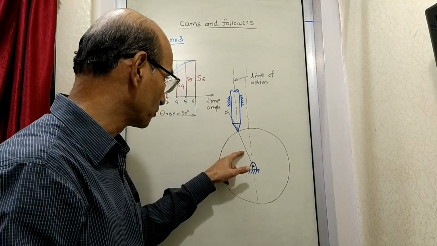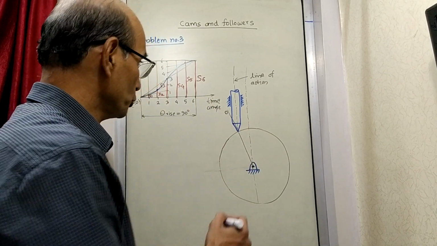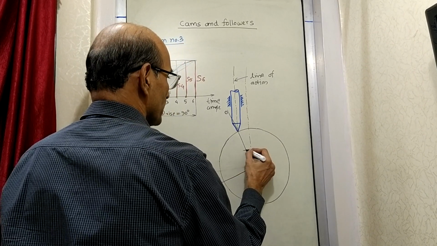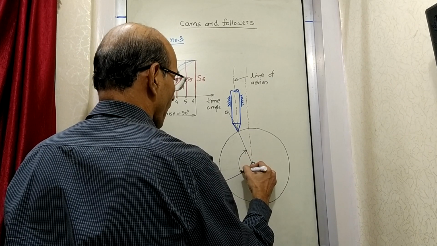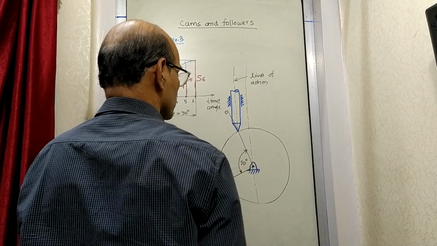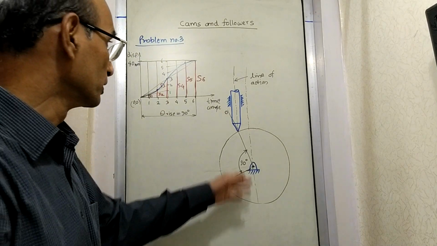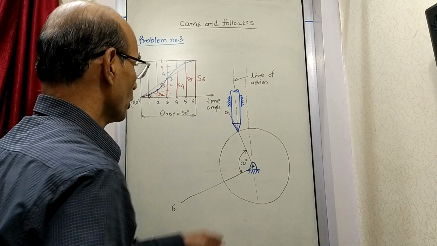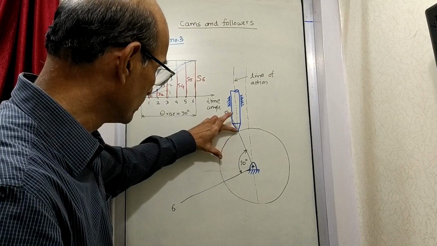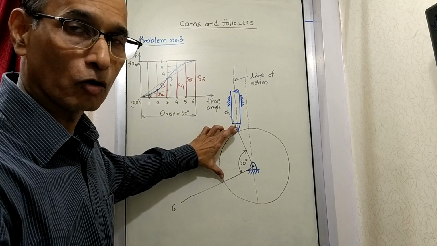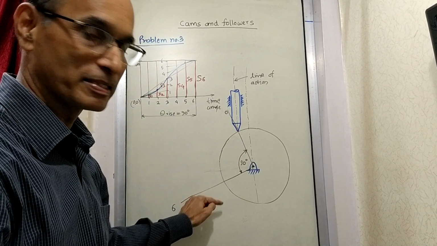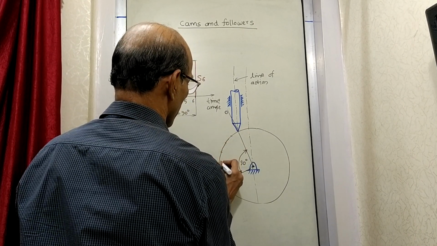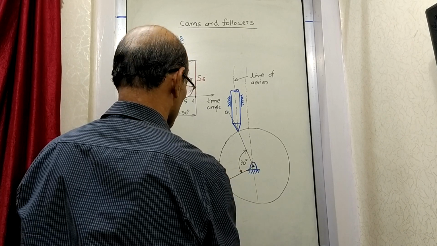Now the angle should start from here. 90 degrees should start from here. So you measure the angle of 90 degrees. Somewhere here it will come, so that this is the 90 degrees rise. So this is the zero line and this is going to be your line number 6. So now you are going to divide the angle of 90 degrees from here to here, corresponding to theta rise, into 6 parts. So when we do that, we get the other positions.